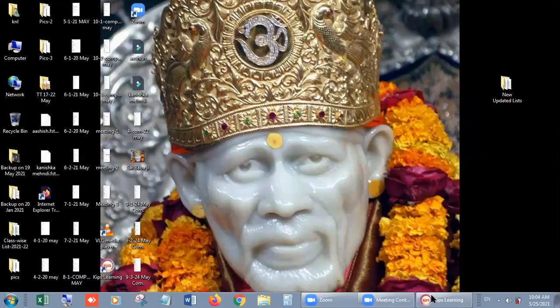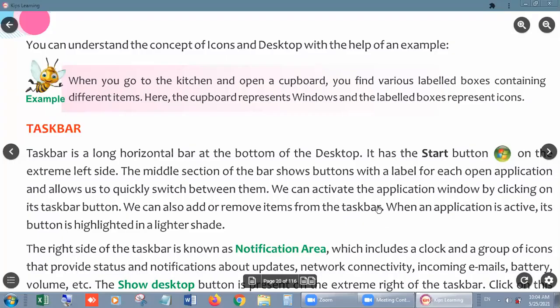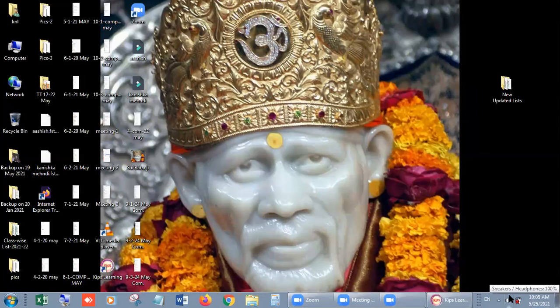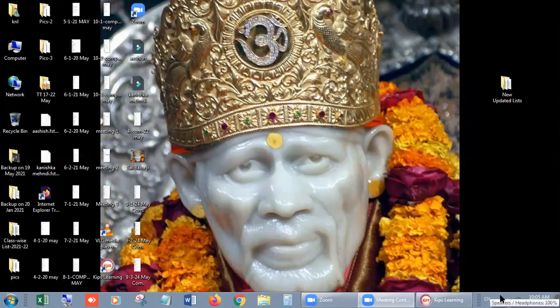Next is this, our notification area. At the right hand side of the taskbar, you can see the notification area. In the notification area, we have date and time, meaning clock, charger point, meaning battery status, and then speaker, sound.